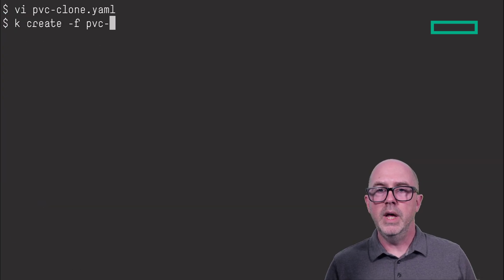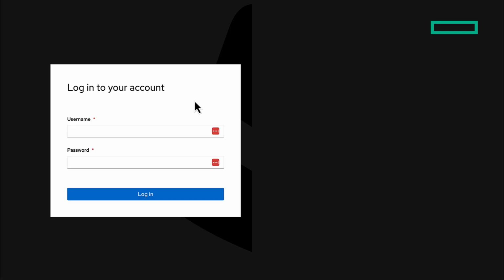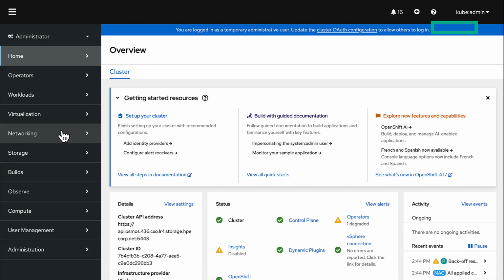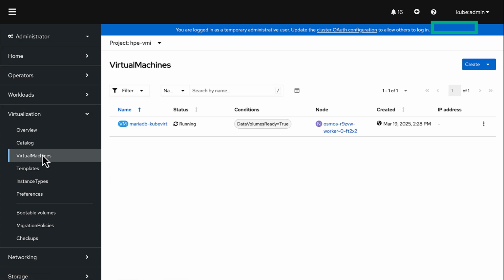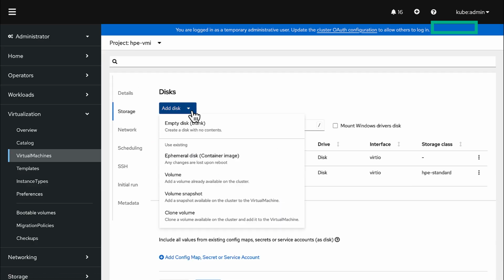We'll create the clone and then log into OKD, the community version of OpenShift, where the VM is running. The PVC we just created can be attached during runtime and will be presented to the guest operating system shortly after.